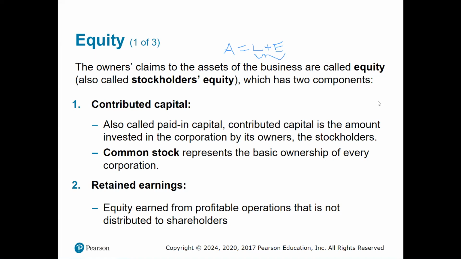Now, if I pull that money out and say, hey, I made $40,000 of profit this year and I want to take some of that profit out, I'm going to take $10,000 of that out. It gets subtracted out of the retained earnings. It is no longer retained because I have distributed it to myself. And then that is what we refer to as a dividend. Or an owner withdrawal, depending on the type of entity.